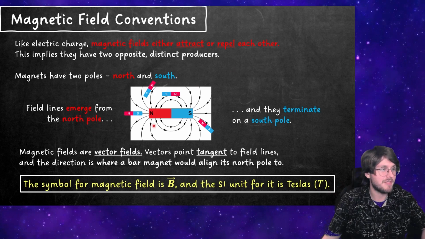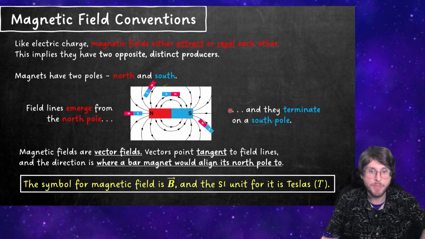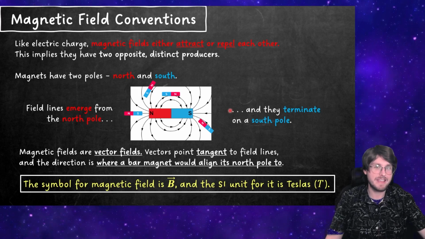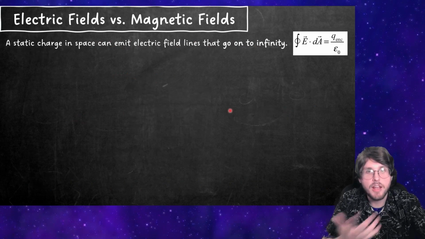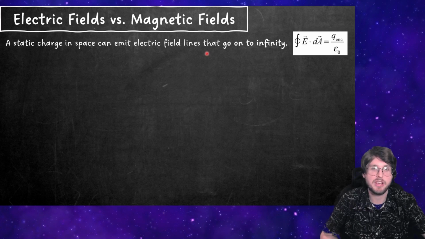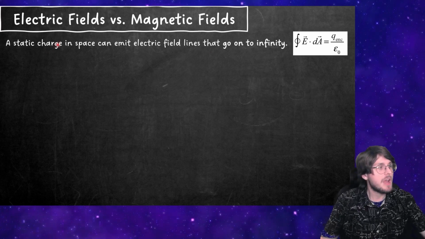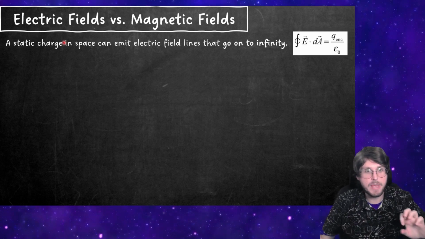They both kind of emanate from one and terminate at the other. They both have lines that look really pretty, but there is one very key, very major difference between electric fields and magnetic fields. And to describe this, I'm going to start by refreshing our memory on how exactly electric fields operate. Now, if we imagine that we have just some static charge held in place somewhere in space,